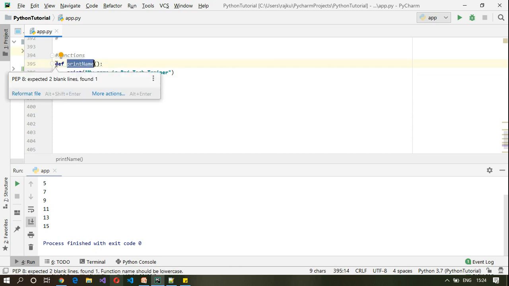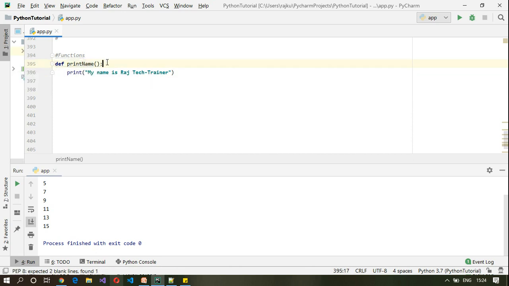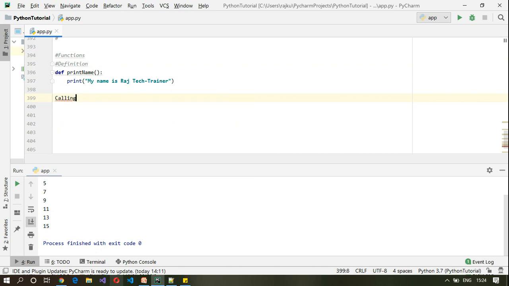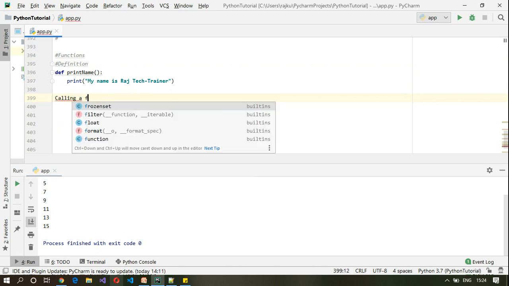By default, it won't get executed until and unless we call the function. So how do we call this function? This is the definition of a function, and then calling a function.